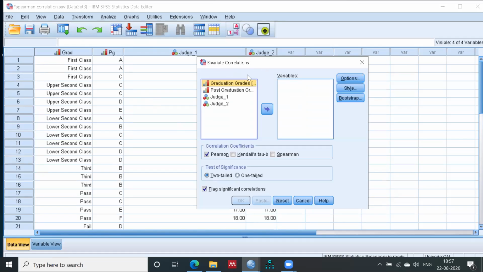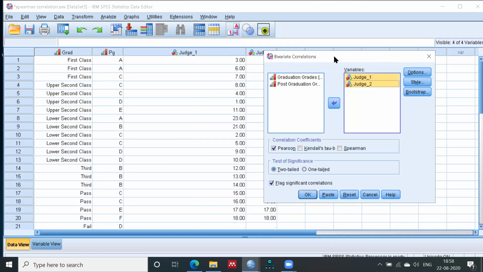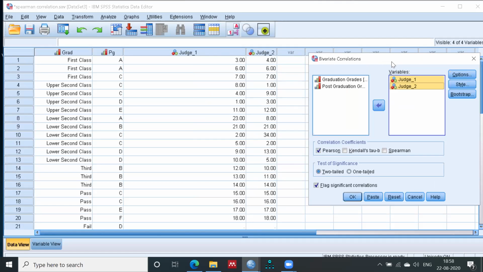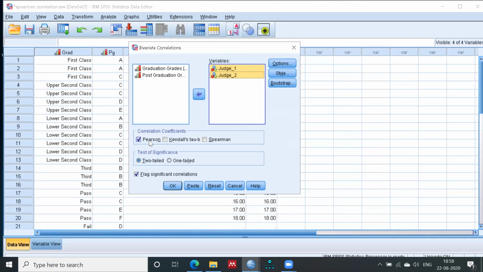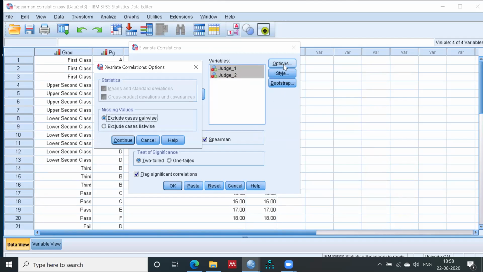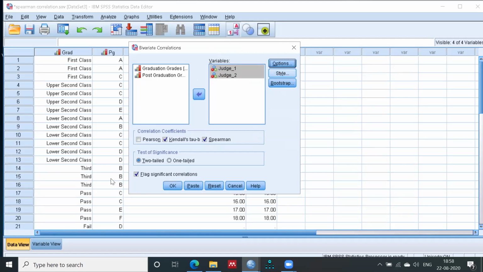Go to the bivariate correlations and select these 2 judges only, because the marks are in the judge 1 and judge 2 columns. This time I will not take Pearson, I will take Kendall-Tau and Spearman, both options. In the options, nothing to do, and that's it.